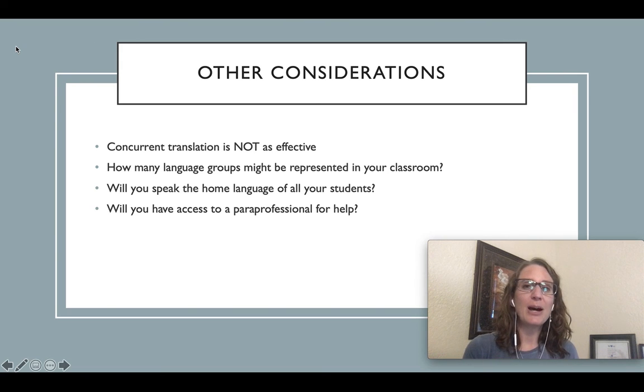We're headed into a week of reading that I know for some of you is going to seem a little bit heavy, but it is really important as you also start to think about taking your certification exam. So I would encourage you to read very carefully this week about some of the legislation that has to do with bilingual education.